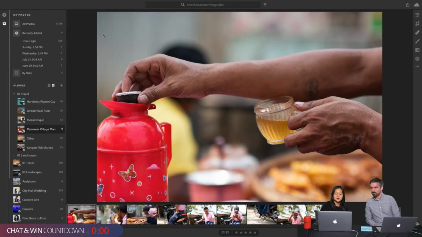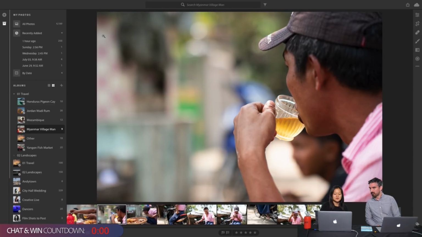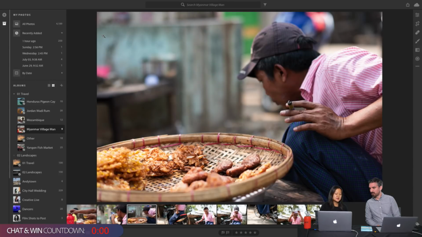So I have this set of images that shows how an interaction with a person while traveling can unfold. Essentially this guy was sitting having a snack or a meal, and we made eye contact. There's a language barrier, so I gestured towards my camera to ask if I could take a photo. And he said, yeah, no problem. But as I was photographing him, you can see he was turning away from the camera, and he didn't really feel comfortable being in front of it.